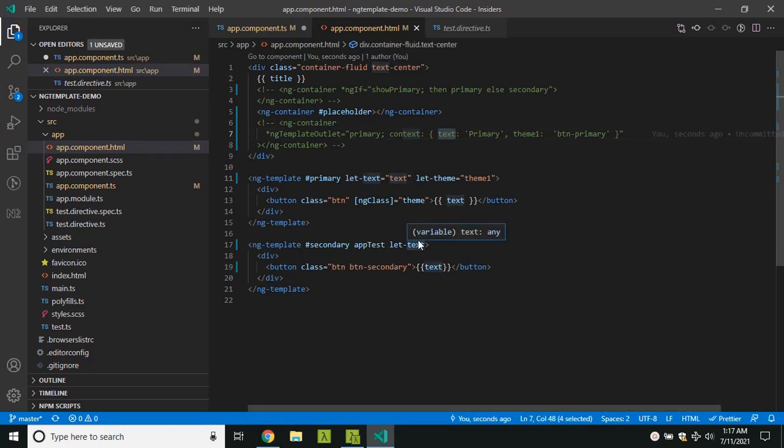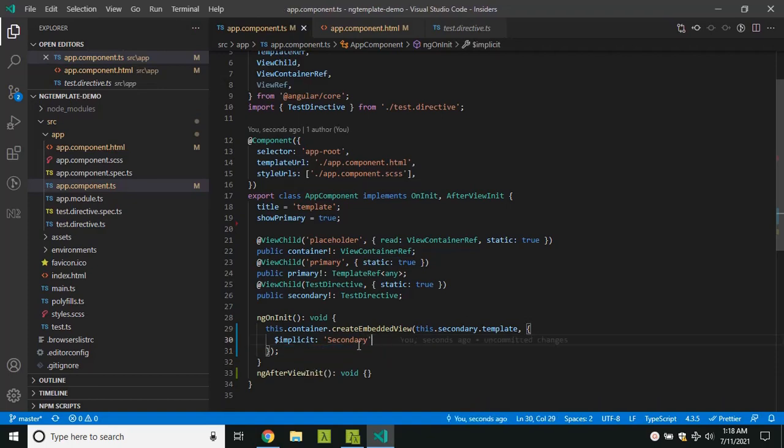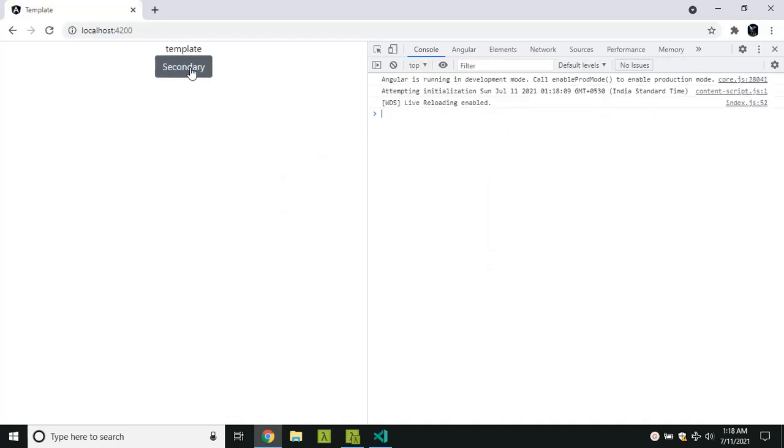Suppose we didn't pass anything, there is an inbuilt variable called $implicit where you can pass the value. Since here we have only this particular value for the secondary, now you can see that the value is getting bound here and the secondary button is getting displayed.